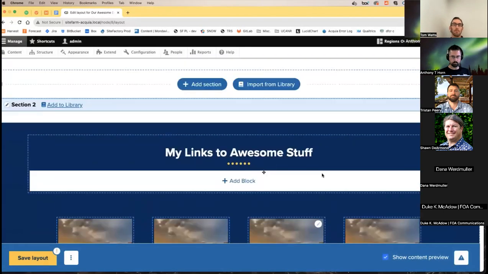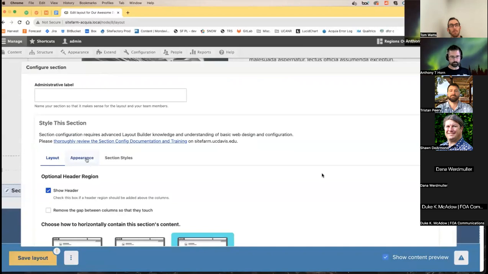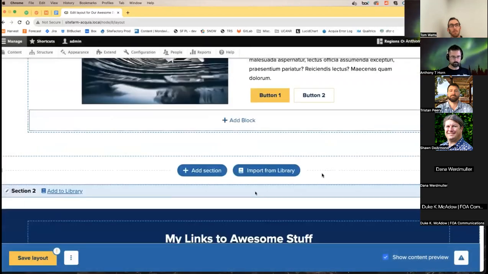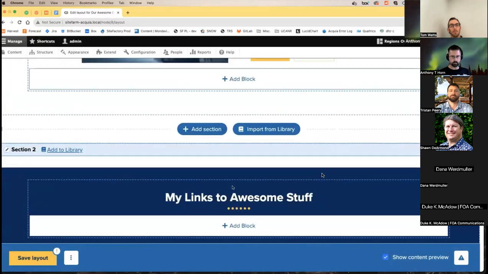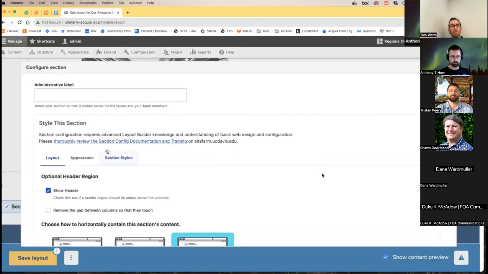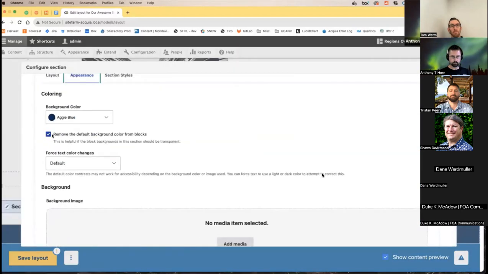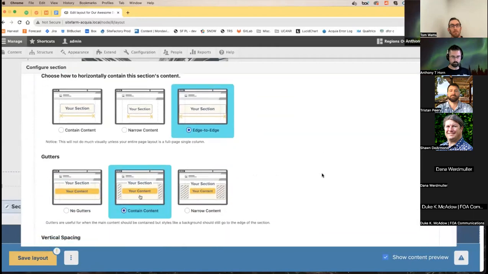Our next section is section 2. And what I did with this one from its default state was add a colored background, that dark blue. I'm a big fan of alternating between white and some sort of branding color. You can do a branding color against a branding color, and I can certainly try and show you that if we have time. But with this section, I turned on the color, I knocked out the white backgrounds, and I said, full width, please. Go ahead and contain my content, and